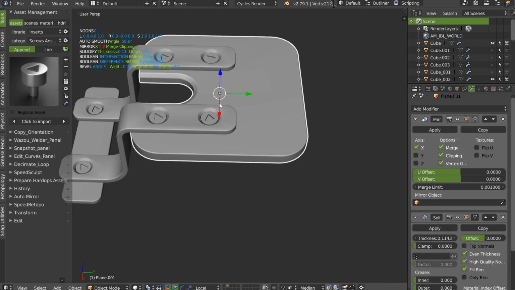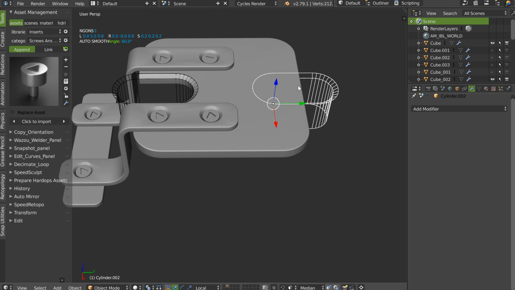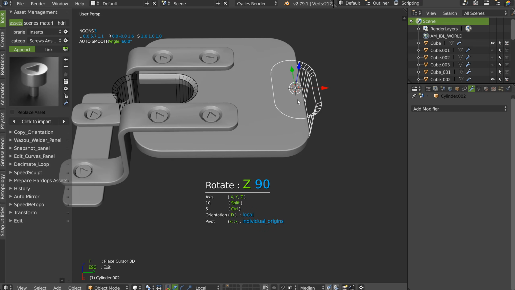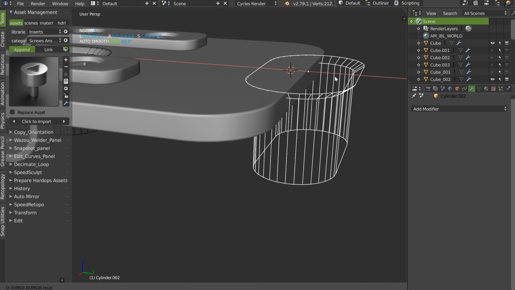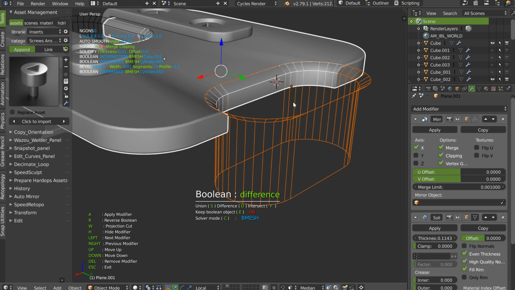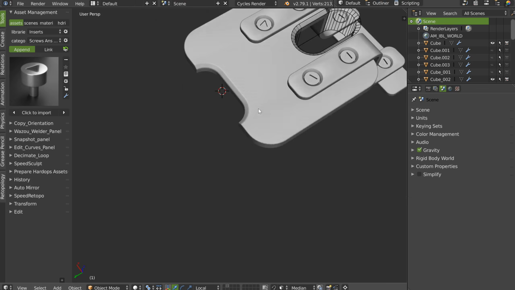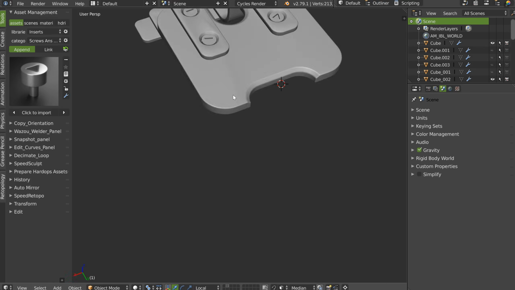We can call the Boolean object, Shift D, make it the origin maybe here, make a rotation in Z, like this, and why not, hopla, do this. Boolean, move with the arrow key, and that's it, I can hide it. So, as you can see, this is pretty simple. I can hide this one. I have a great result.